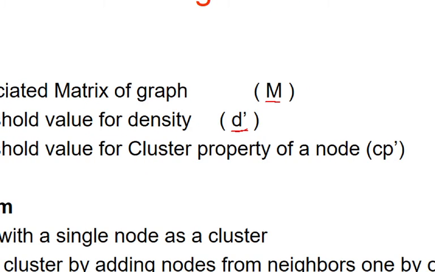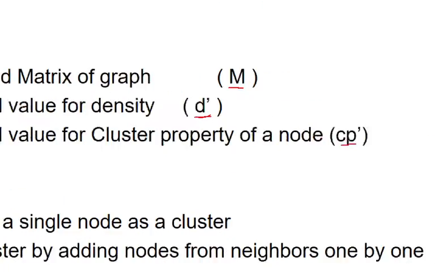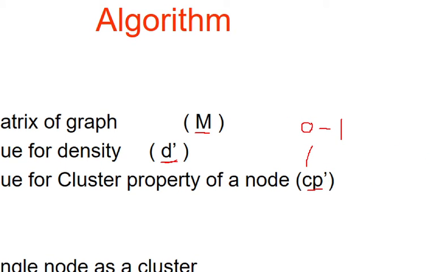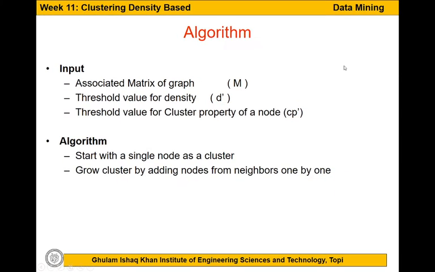And then there is another density, this CP, cluster property density, which also ranges between 0 and 1, and it is used within the algorithm when we reach that particular step. So I will be explaining its utility. Now